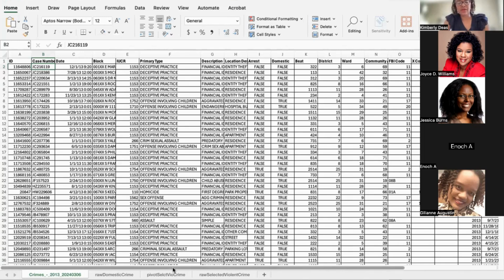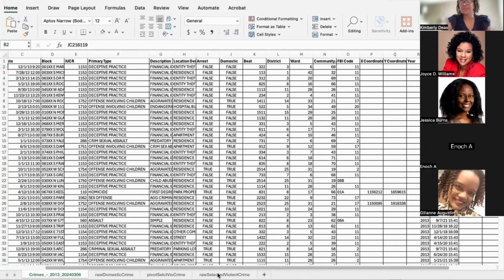So one of the things that I learned in studying HIV at the community level was that many of the women who become infected with HIV do so as an act of violence, and they live in areas where there is high crime. So I know from my previous research, particularly as it relates to my dissertation, that in the cities that I'm looking in, in Houston, in Dallas, in Fort Worth, there's an association of crime and HIV prevalence. So I was curious to see if something similar would be the case for Chicago.